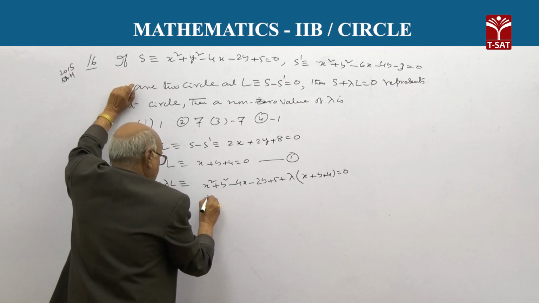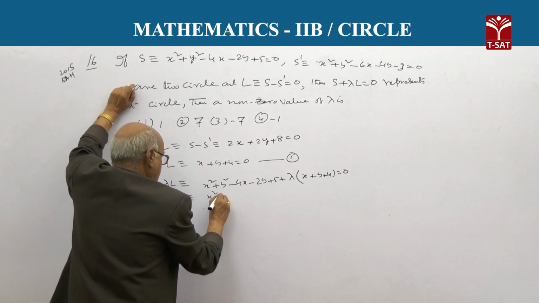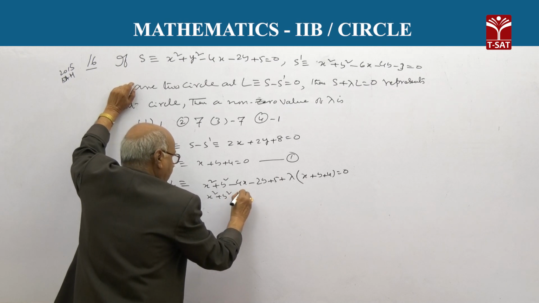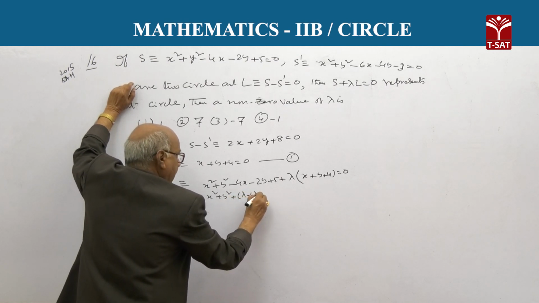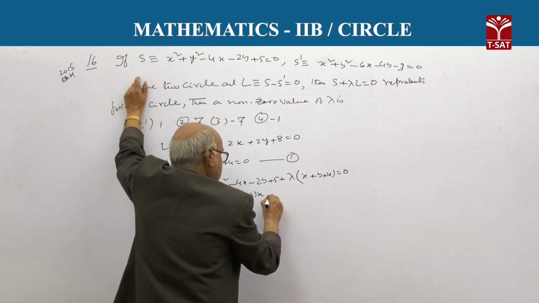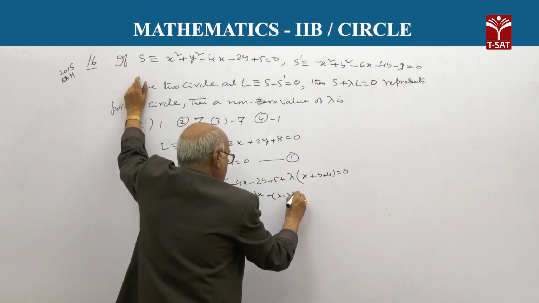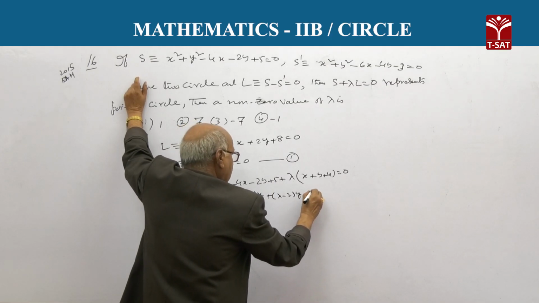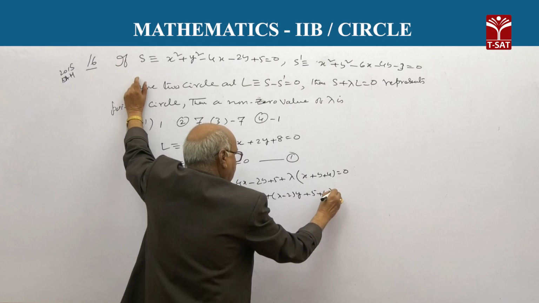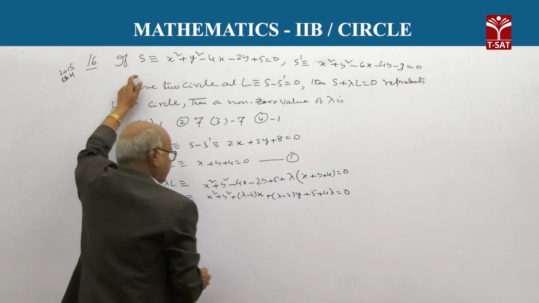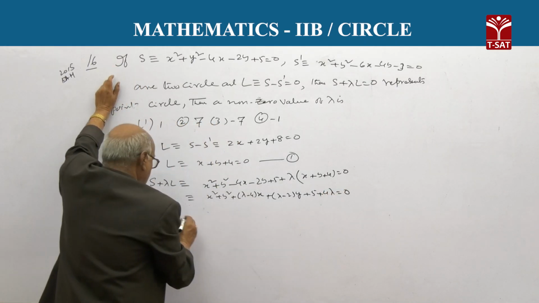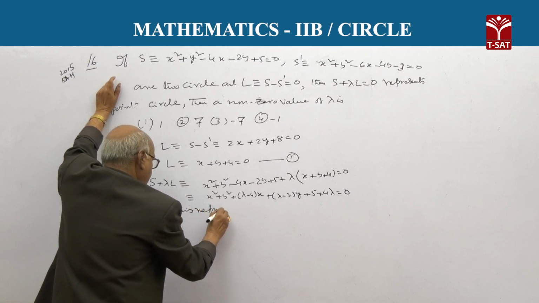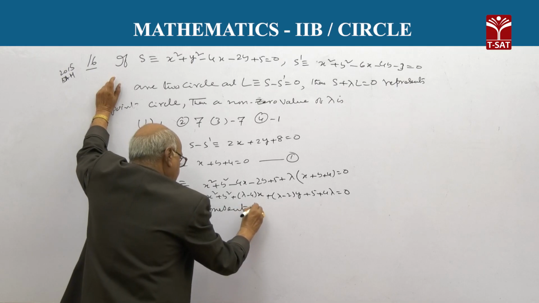So, that means that is x square plus y square plus lambda minus 4 into x plus lambda minus 2 into y plus 5 plus 4 lambda is equal to 0. Now, this represents a circle, this represents a point circle,